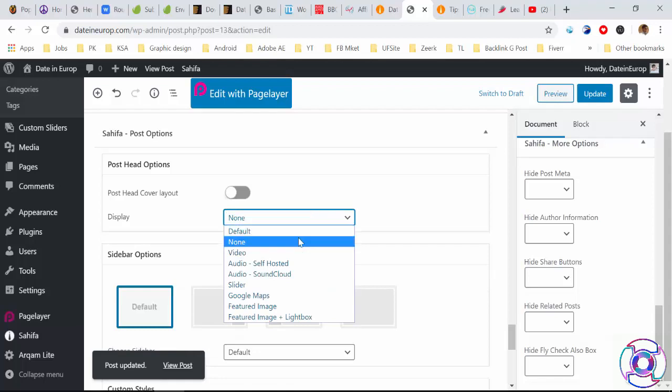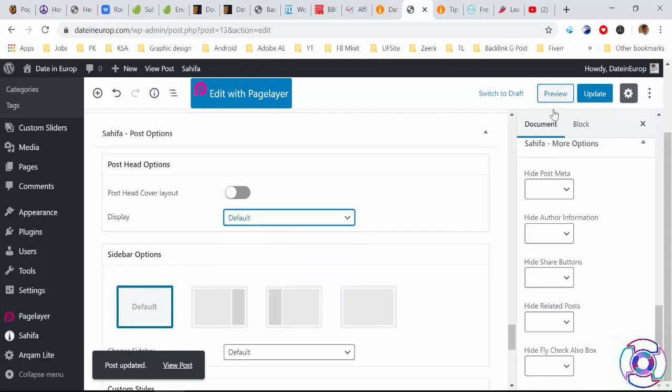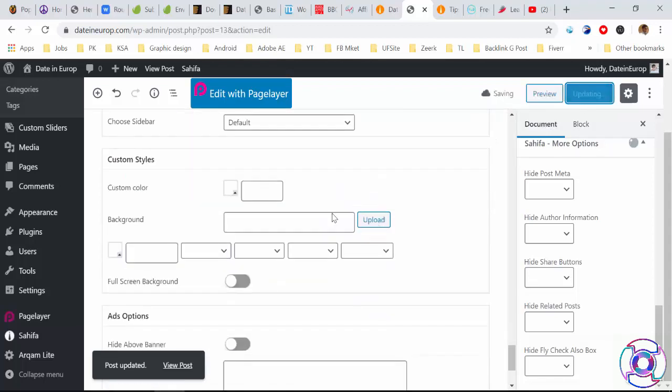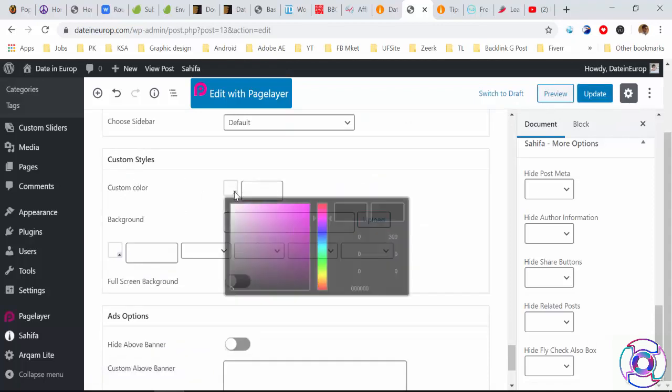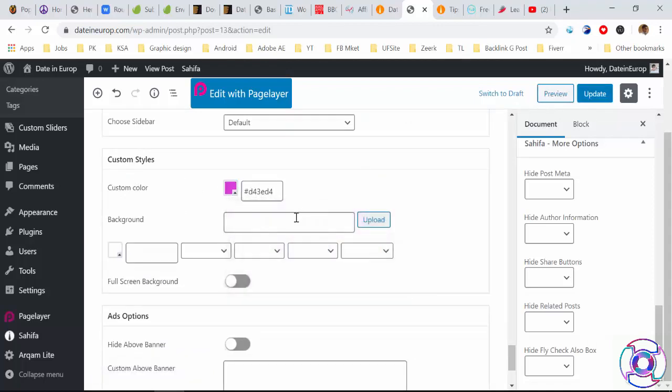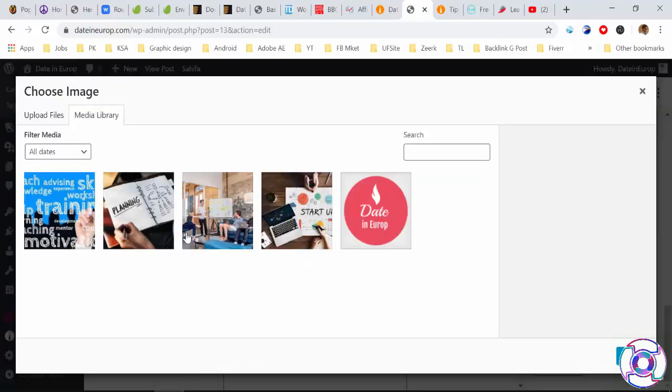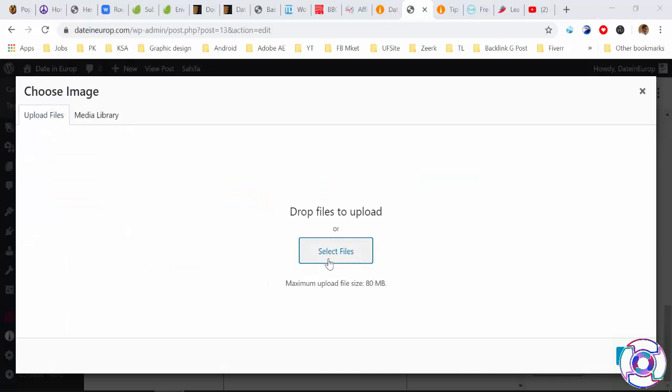Custom style, if you want to add color, custom style, and background color if you want to add some color background. Choose image. So here, okay, for example I choose this one.